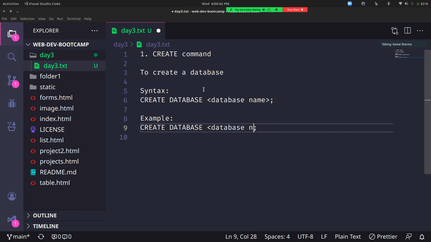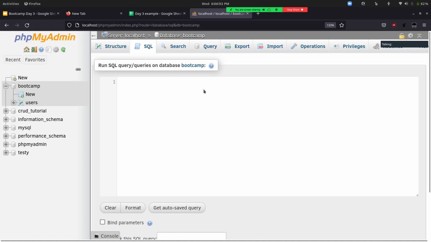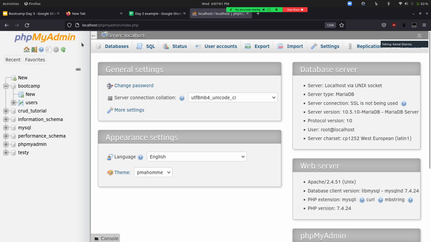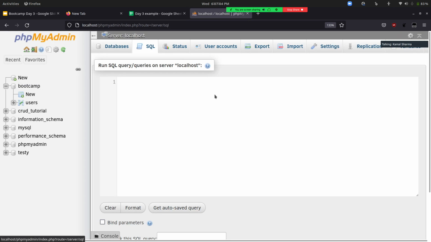I'll create user underscore 2. I'll just copy this, and I had selected a particular database. What I should have done is gone to the main phpMyAdmin page and then clicked on SQL, for creating databases.